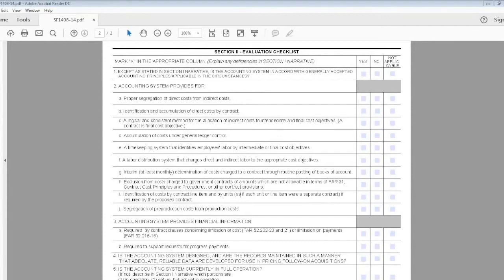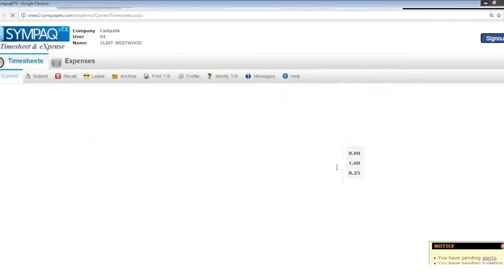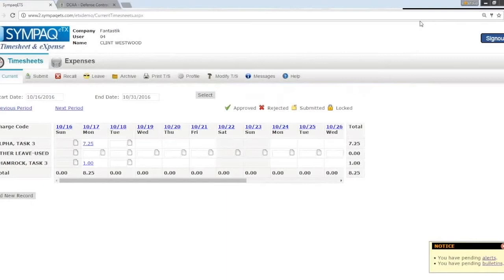So let's take a look at that. It's best illustrated by going into the Sympaq e-timesheet and expense. So this is an all-encompassing part of your cost structure. Upon receiving a contract award, you may likely need to hire additional staff. So you need to have an efficient and compliant mechanism to allow your workforce, be they employees or subcontractors, to sign into a timesheet and record their time against specific charge codes being, again, contracts or, in some cases, intermediate